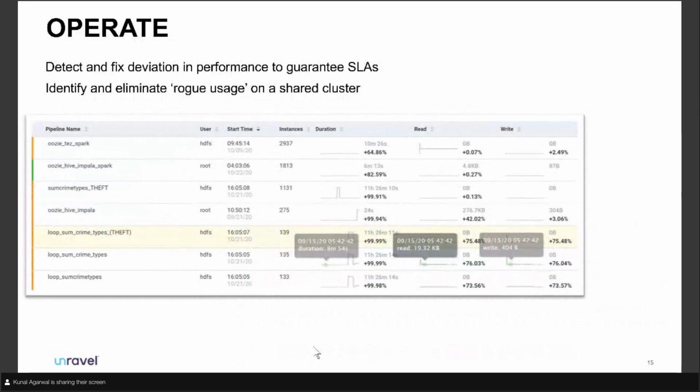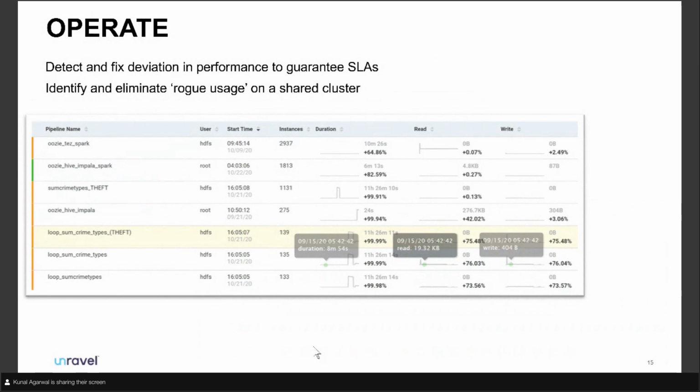Now, you've got your pipeline in production. Well, you've got to go operate it. Now, one of the key things people forget out here is that you are in a live environment. And a live environment may mean that your data sizes are changing every day. You may be running that same pipeline every day, but today you're processing 2 times more data. You may be running that pipeline in an environment where 3 users or 10 users or 100 other users are